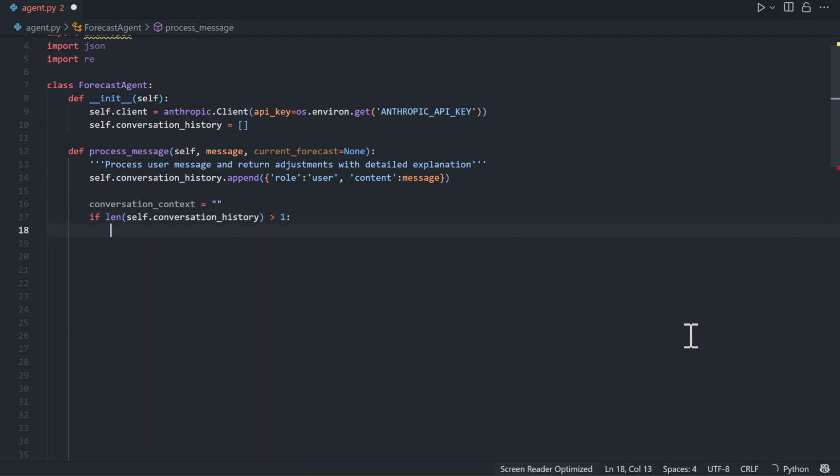So if there's previous messages, then the length of the history is more than 1. And so if there are previous messages, then conversation context